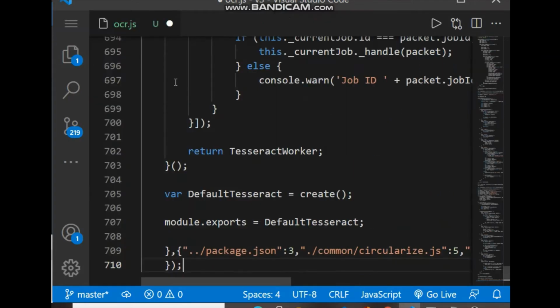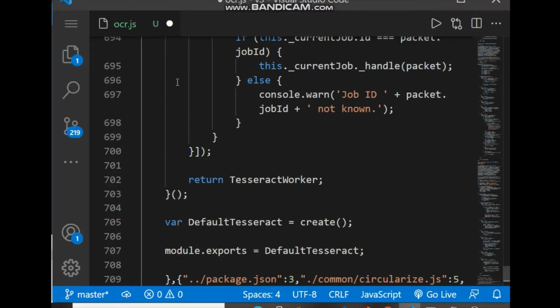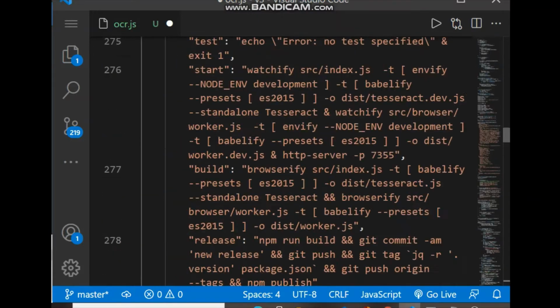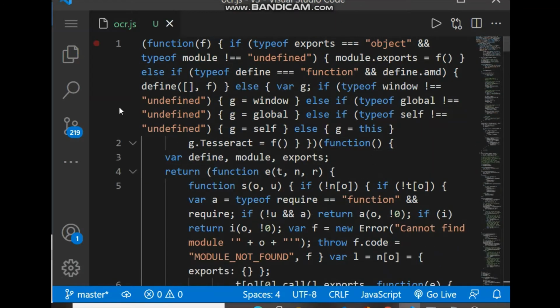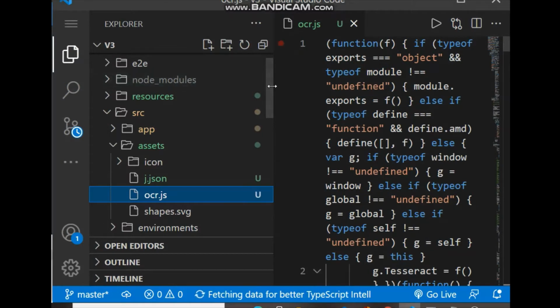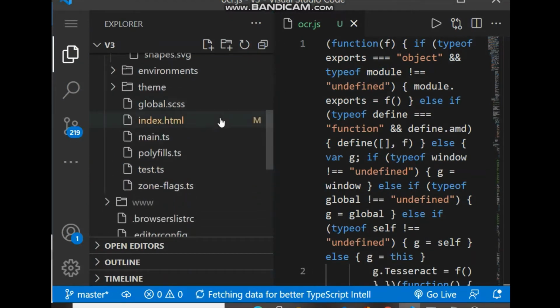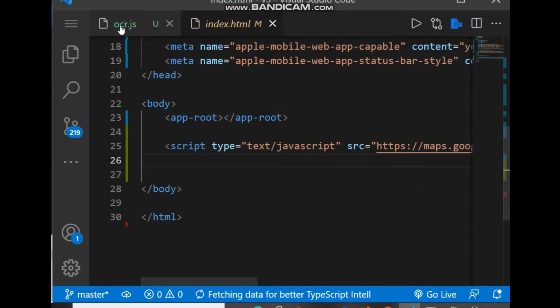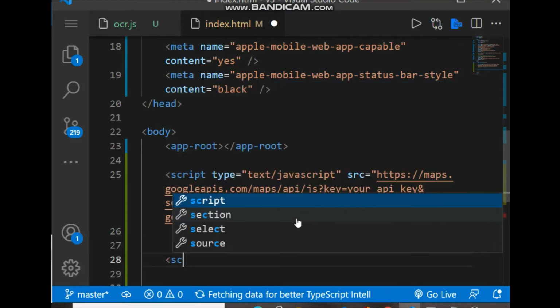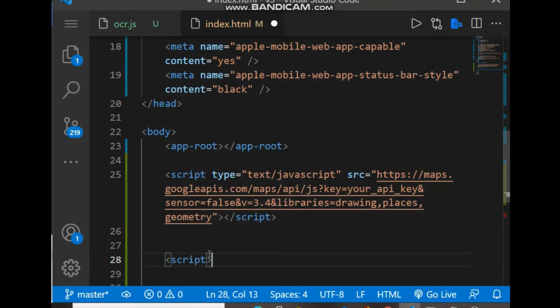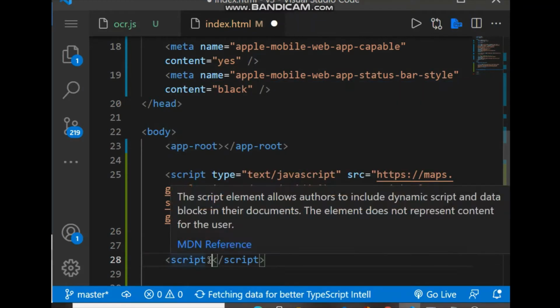So this is our JavaScript code for the OCR, and we have to include this file inside index.html. So let's open index.html, and inside index.html we have to put a script tag inside the body.